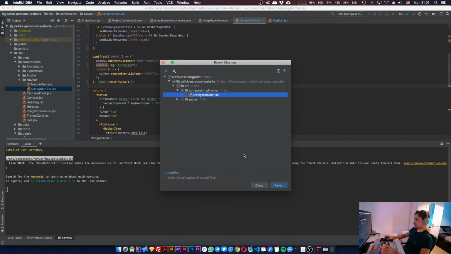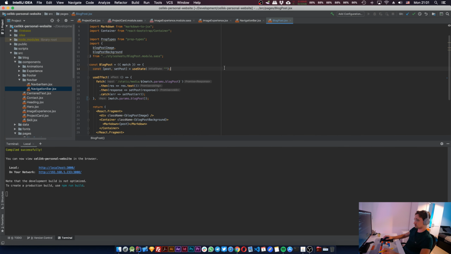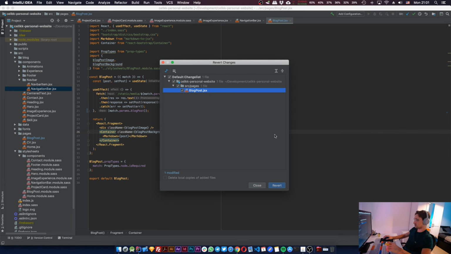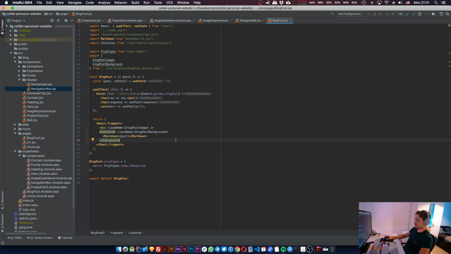So let me revert the changes in the navigation bar, and let's go to blog post. Actually, let me revert this as well, so I'll show you what I did. It was really simple, actually. So what he recommends us to do is add a second argument in here, and it's going to be empty. Well, but we have to add some dependencies, right? This is coming from the outside. This is coming as a property to the component. So I have to add this in here, and in this way, if the component re-renders,